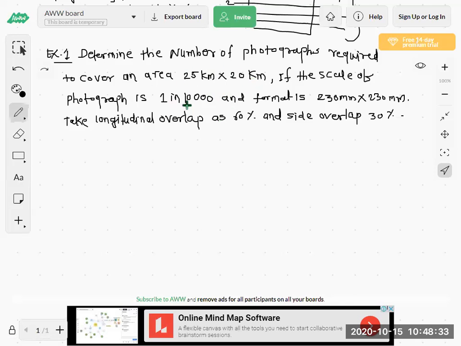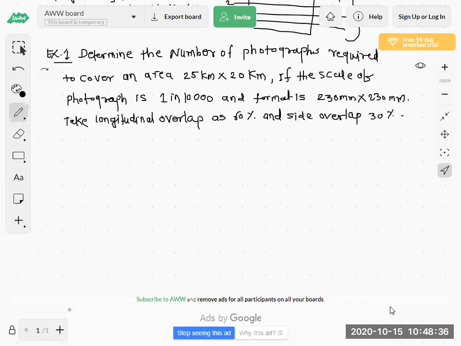And scale also you have to decide as an engineer. That depends on at what height you are planning